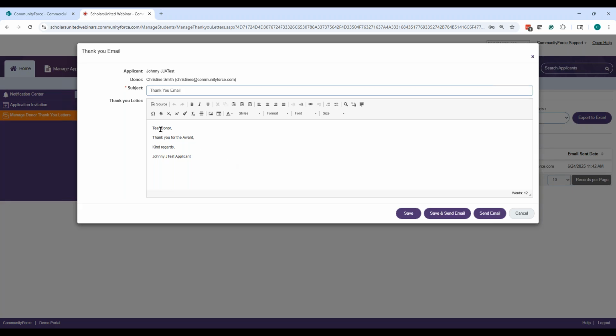I can see they made a little bit of a typo here, so I can go ahead and correct it before I send it to the donor. And then maybe I want to put the donor's name here. Once you make these edits, it will show to the applicant.